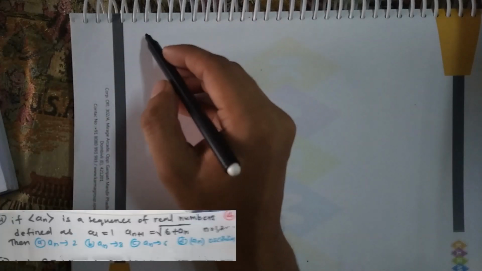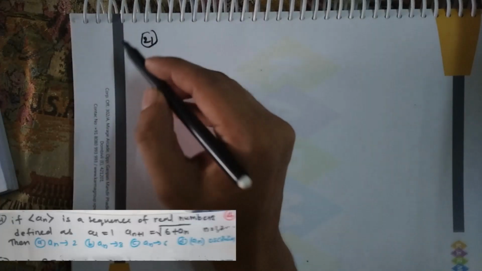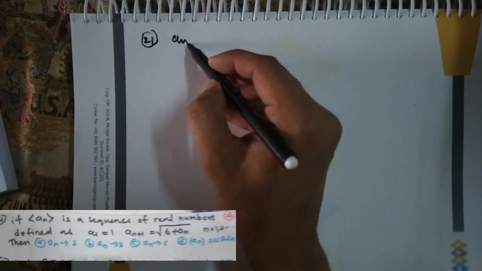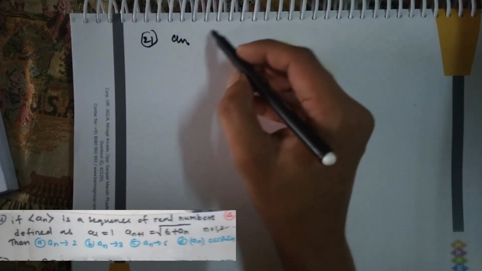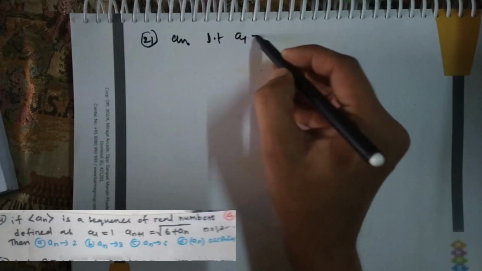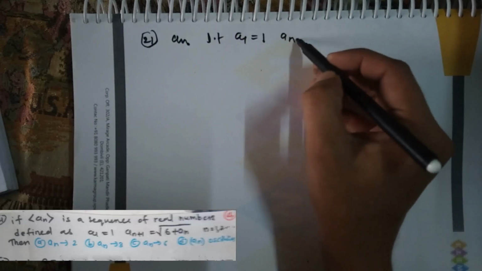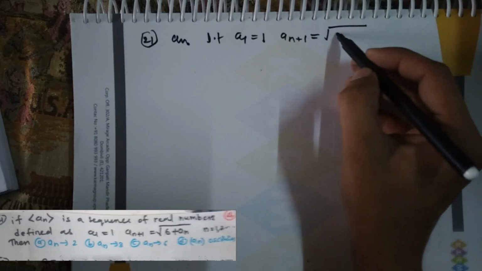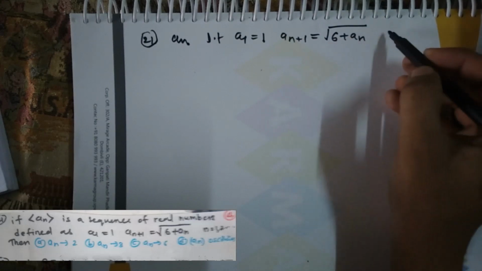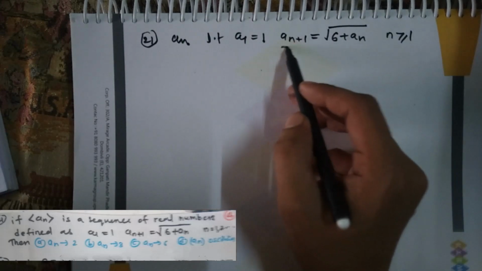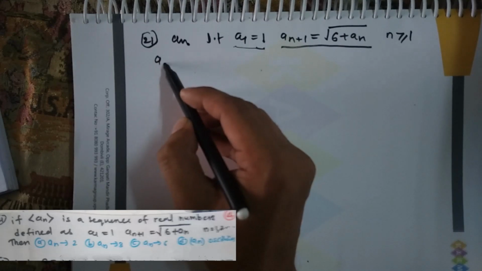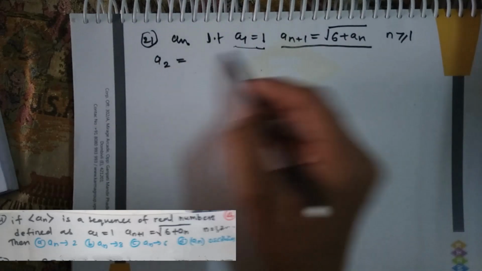Now let's move ahead. Question number 21. In question number 21 they have given a sequence of real numbers. So a_n is a sequence of reals such that a1 is 1 and all terms of the sequence are represented by this recurrence relation, and this holds for all n greater than 1. So this is the recurrence relation they have given, and a1 is the first term. Let's try to look at several terms of this sequence.